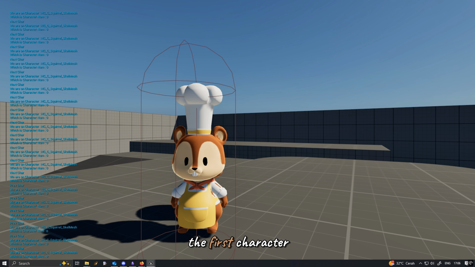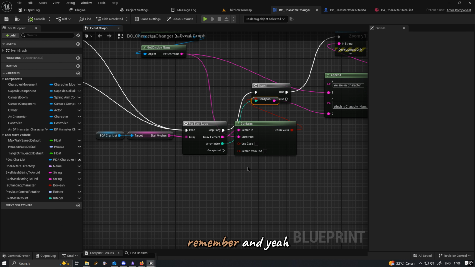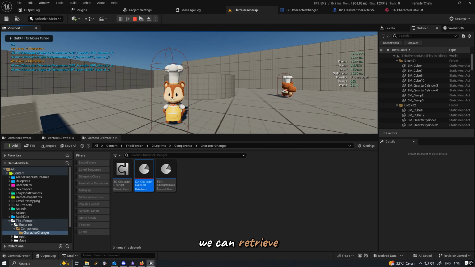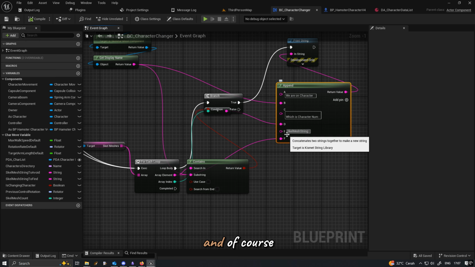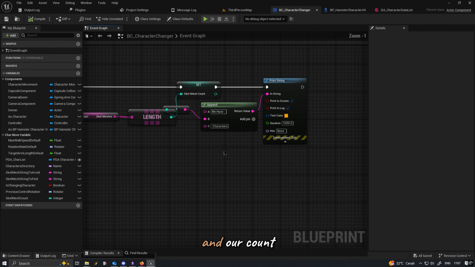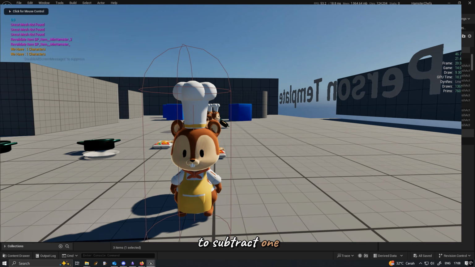We are on the first character, which means squirrel, because squirrel is the first one, remember? And I guess now we can retrieve the number. Of course the number is 0 because everything starts from 0, and our count is 2, that means we need to subtract 1.